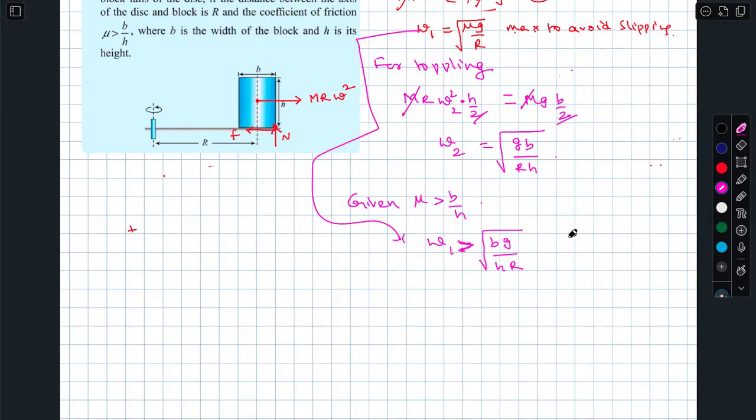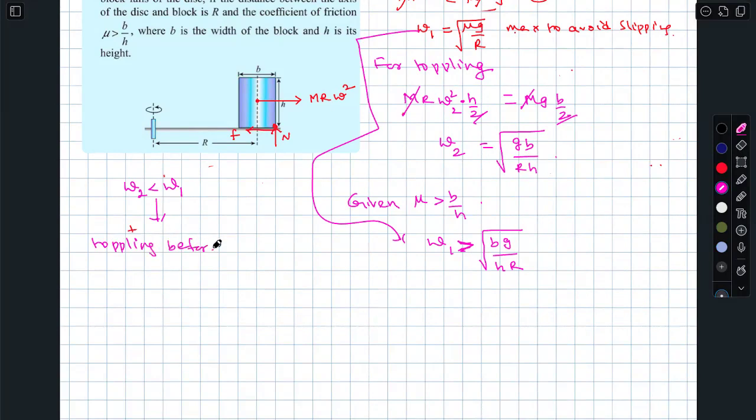Obviously, omega 1 will be greater than omega 2. What is omega 2? This one. Clearly omega 2 is less than omega 1. So what happens in this case? Toppling